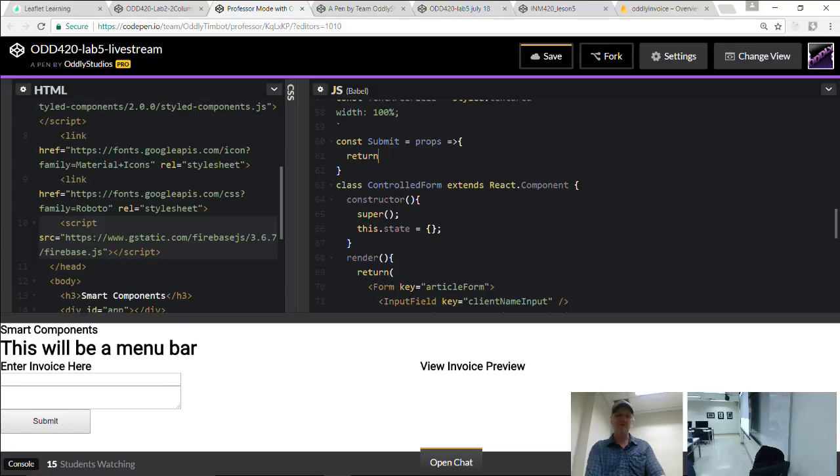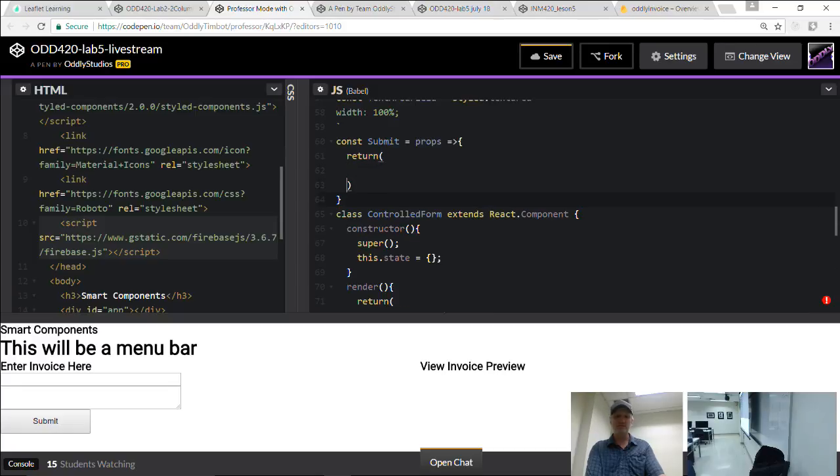And inside of his return, here's what he's going to do. He's going to return our submit button. And we're going to set the type up here so that anytime we use this component, it just automatically sets the type for us. Because a couple of people actually hit it where they didn't have the type in there, so it didn't look like a button. It looked like just an input. So this will take care of that for us. I'll show you what I mean. We're going to do a quick little swap here.